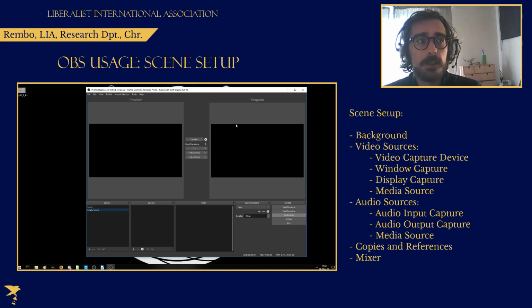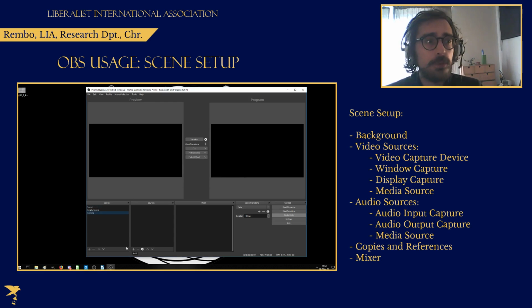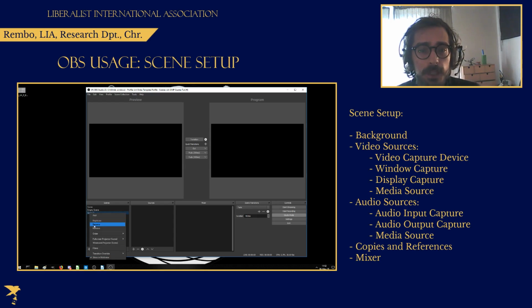To put this all into a bit more of a practical perspective, I'm just going to make a new scene, Scene 2. And we're just going to go over the basic workflow that you would use to set up OBS for use with these slide templates. First thing you would have to do is create a new scene. It's a good idea to rename that scene appropriately by right-clicking it. You can add a scene by selecting scene collections or just clicking the little plus button in the scenes sub-window tab right there. I'm going to rename this scene to